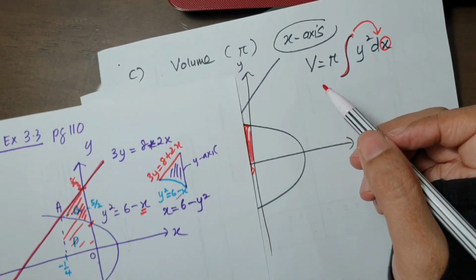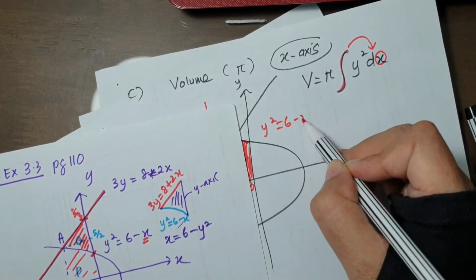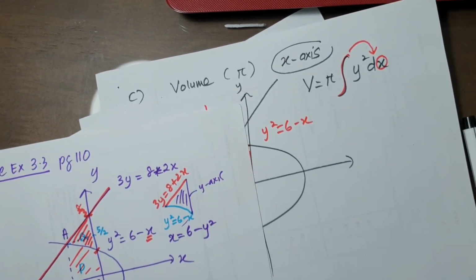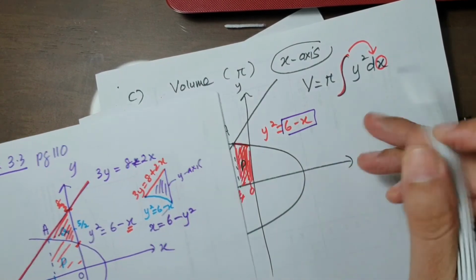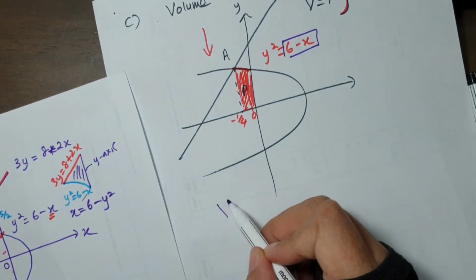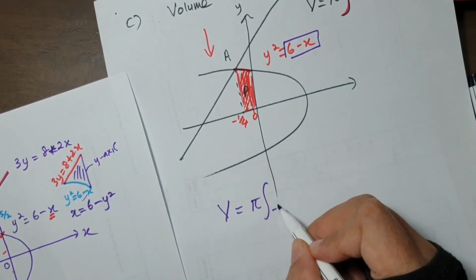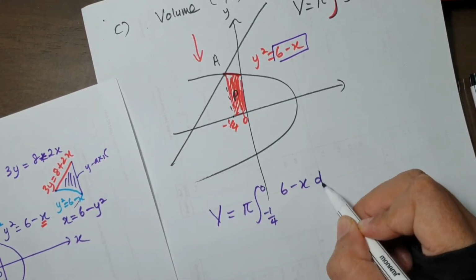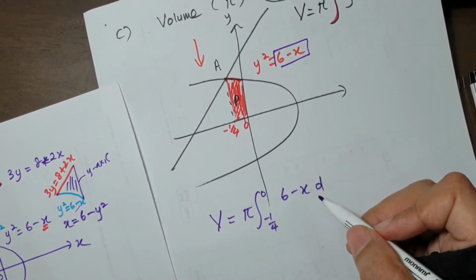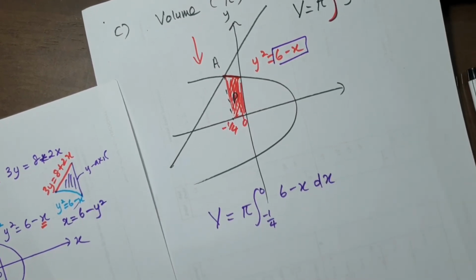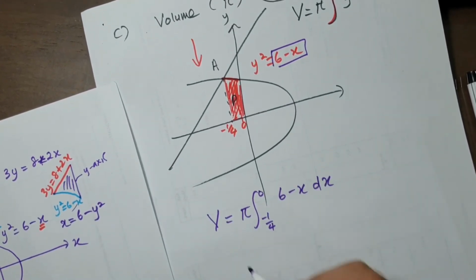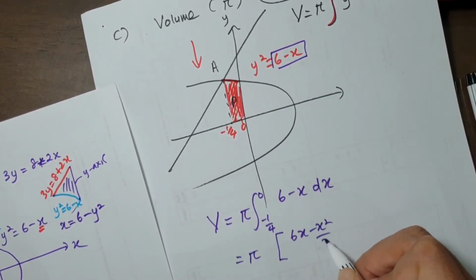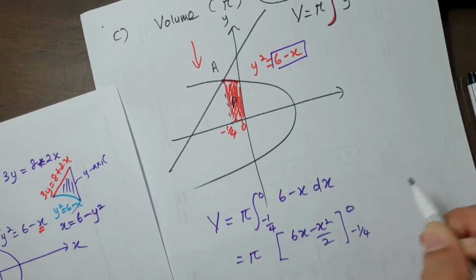And then equation of the curve is y squared equals 6 minus x. So kita just ambil lah, sebab memang y squared dah sebagai subject. Okay, so ambil 6 minus x. So volume is given by limit from negative 1/4 to 0, 6 minus x, the equation y squared as your subject, dx. Okay, rotate dekat x. So macam biasa, this one integrate 6x minus x squared over 2, negative 1/4 here, 0 here, and then key in